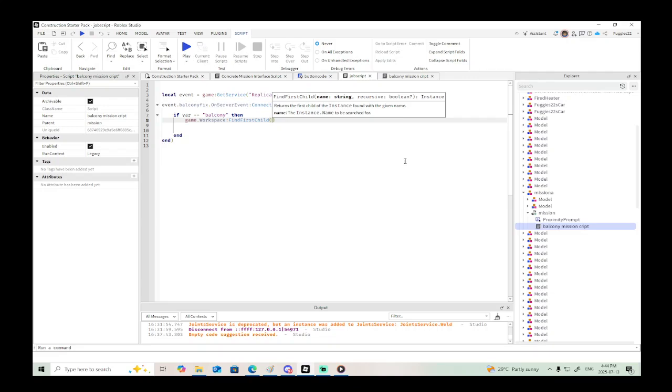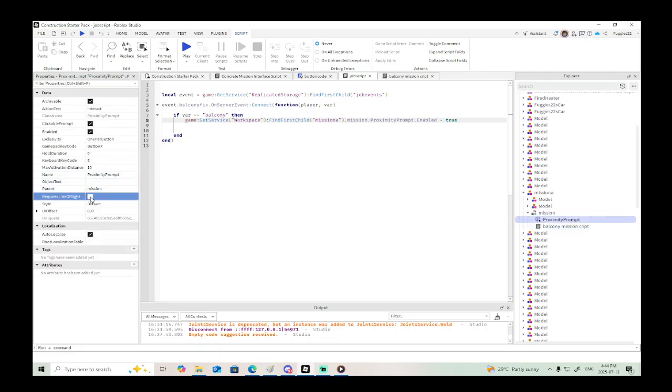And you know what, we should be saying game get service workspace find first child, mission A. Then we can say dot mission, dot proximity prompt, dot enabled equals true. And right now, so if we say requires line of sight, and we make the max activation